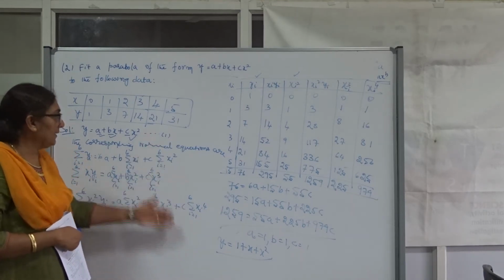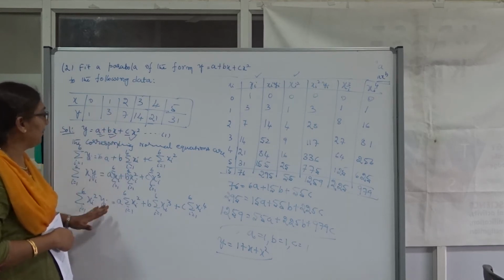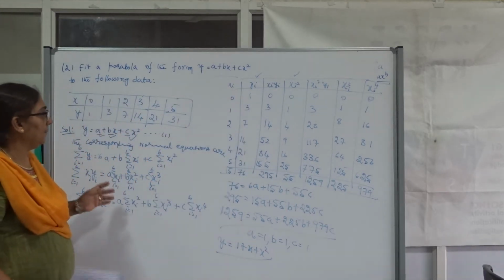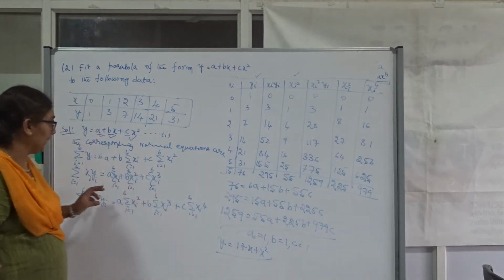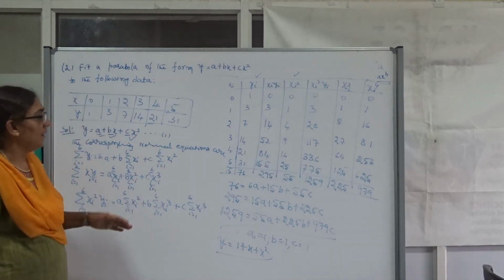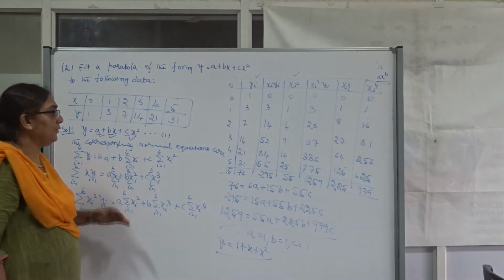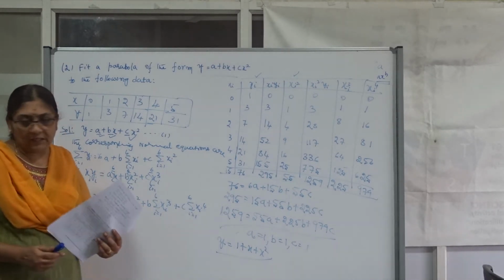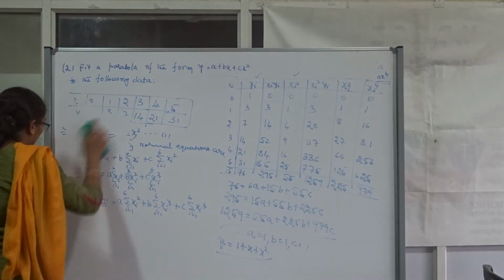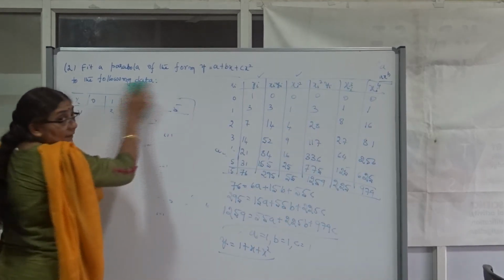I think everyone is clear. First you write the general equation, write the normal equations. What are the values required for the summations? Prepare a table. Preparing a table is a must. Without preparing a table, simply writing the values, you are going to lose marks. Then substitute these values, we get a system of equations and solve using a calculator. We get a, b, c, then substitute that. This is the easiest way to find the best approximation equation from the given set of data by using the method of least squares. Now moving to the other types of nonlinear curves.